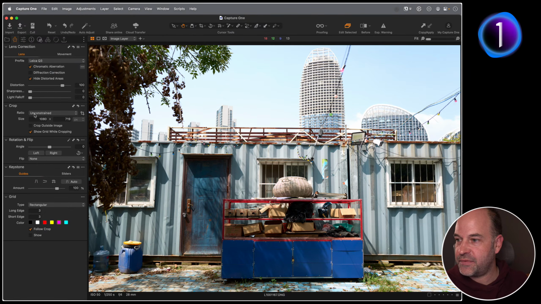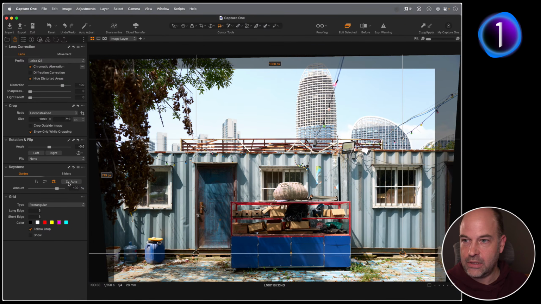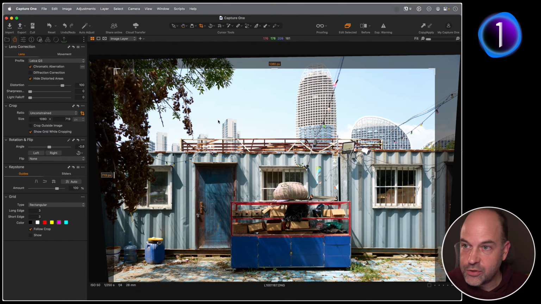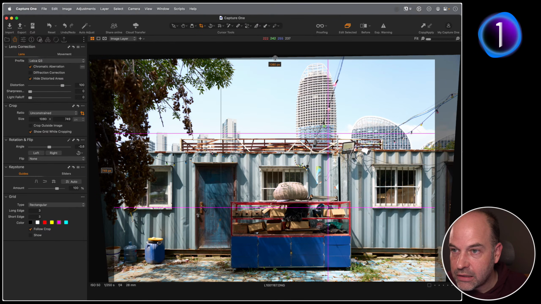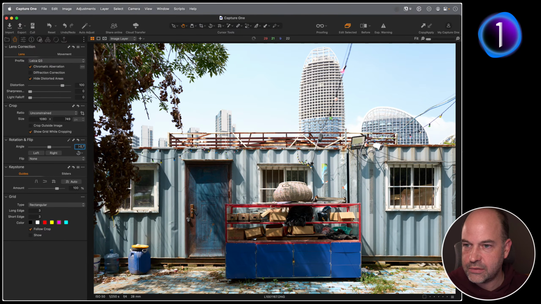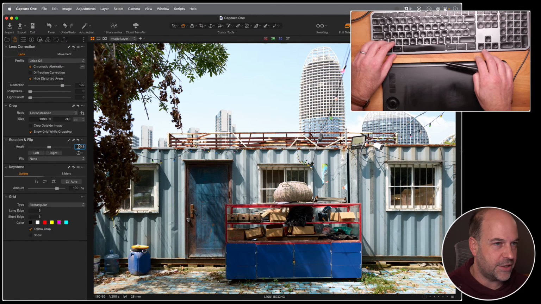So again, let's just fix the keystone. If I say auto, like so, that does a nice keystone job of that. Let's fix the cropping, so we've got a bit more of the tower in the background, and tweak my rotation a little bit. By the way, when I want to rotate a small amount, I always tend to use my keyboard.